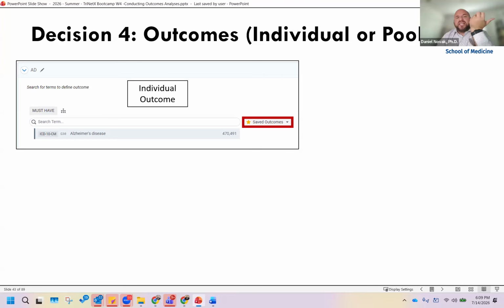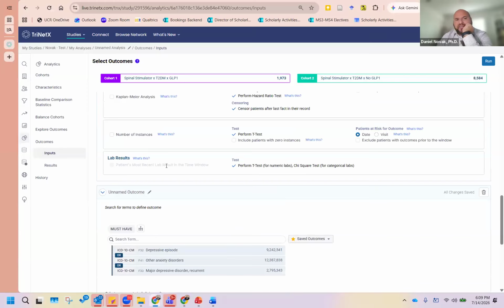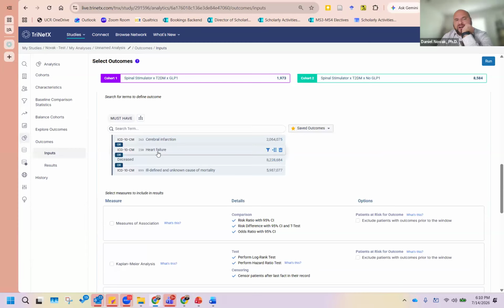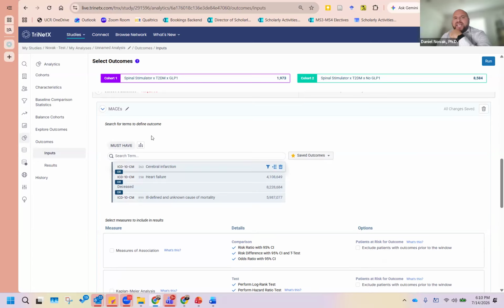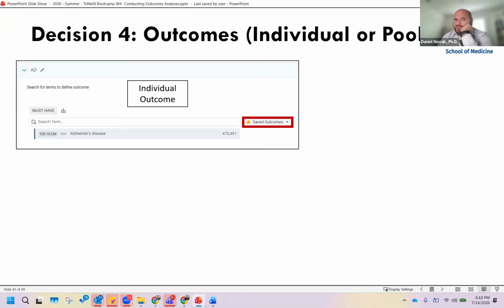others. And if you present it to people by saying, well, we looked at outcomes including MACEs, but really 90% of these are heart failure, or 90% of them are cerebral infarction, you're going to want to report that to people. So, disaggregating and aggregating your outcomes can be really important in having an honest reporting of your